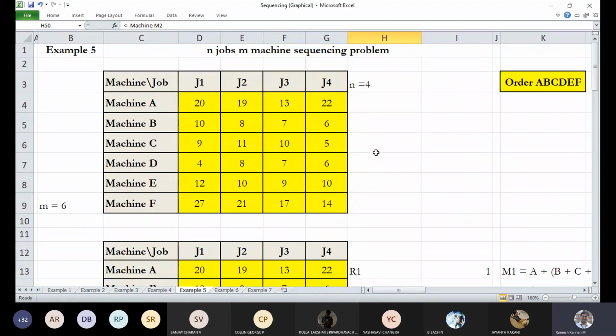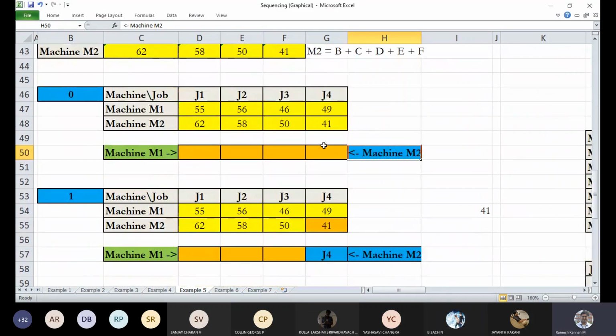And the order is very important: it's A, B, C. So we can have machine 1 and machine 2, or if you convert into equivalent terms, it is just machine 1 and machine 2. So the order here does not make any significance for equivalent machines, right? We generally take machine 1 and machine 2, not machine 2 and machine 1.